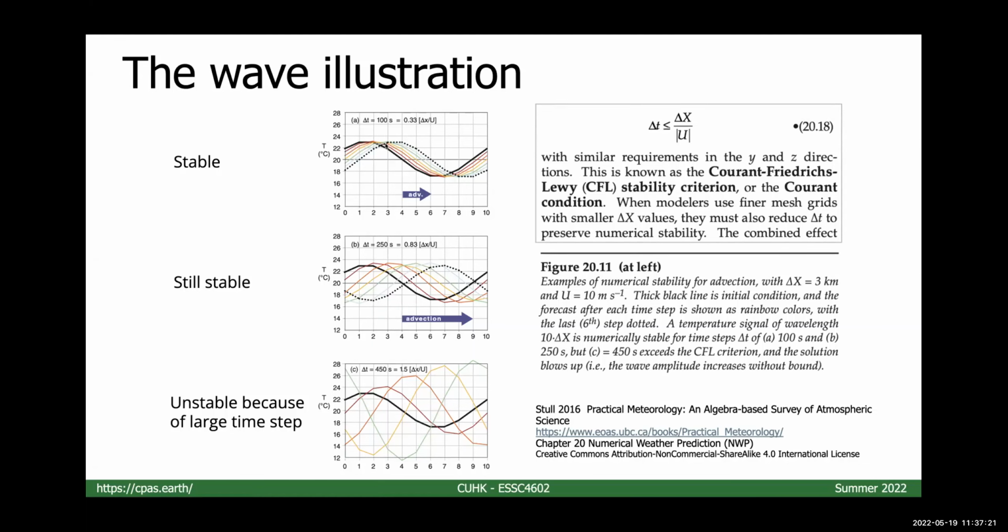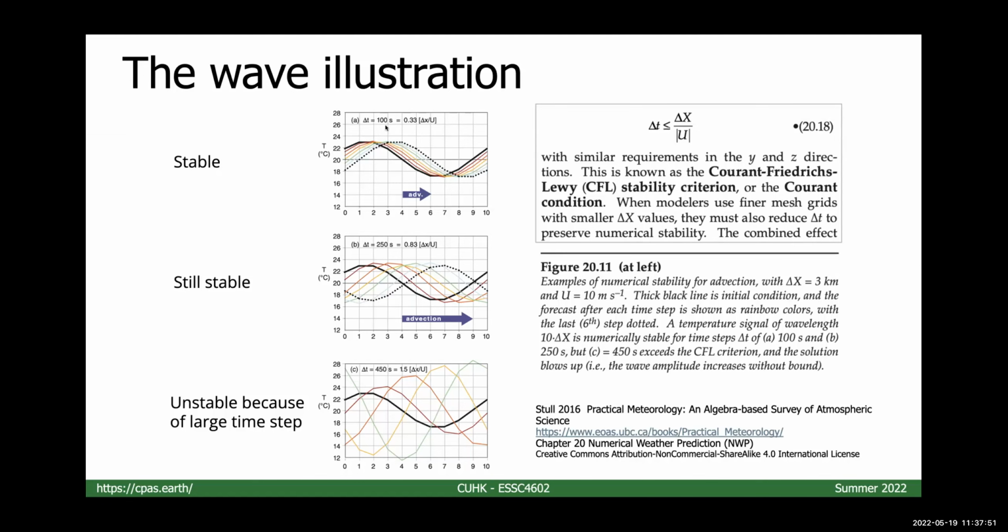After you calculate the next time step, you see that there seems to be no problem. The wave propagates, and as you carry out more time steps, you will see that it is nice. It is just simulating the wave moving to the right. Okay, this is numerically stable. And you are spending the computation cost to do the calculation steps once every 100 seconds in the